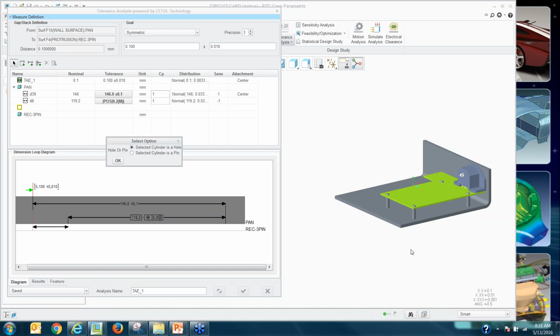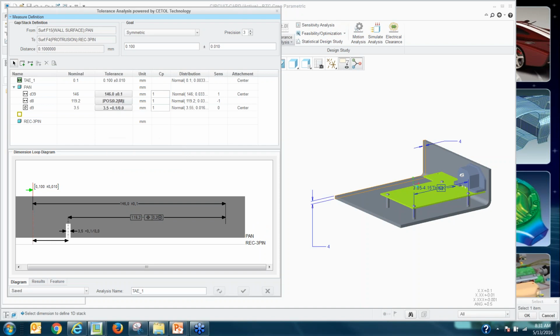So I'm going to select the diameter of the hole, and whenever I select the diameter dimension, it's going to ask me, is it going to be a hole or a pin, so it can apply floating left, right, and all those conditions, right? So let's say I want to select the hole, right? Once I select the hole, the next step is obviously, it's going to ask me for a few more things,